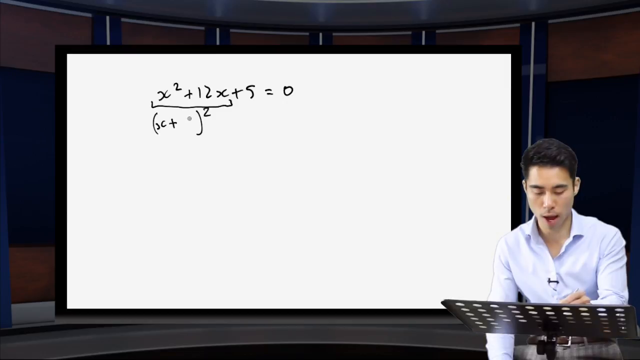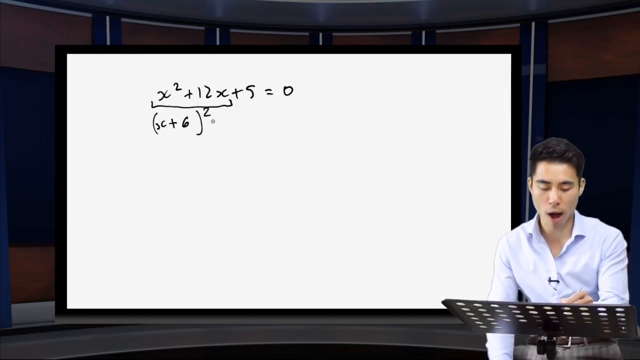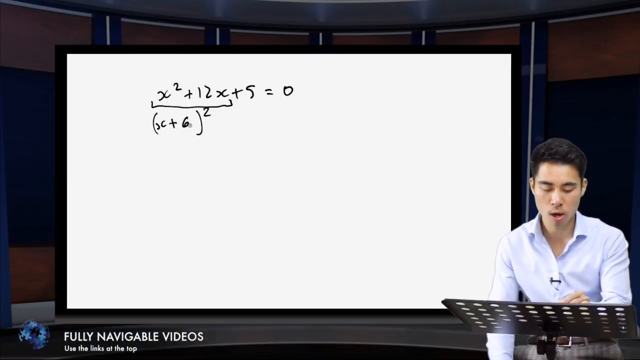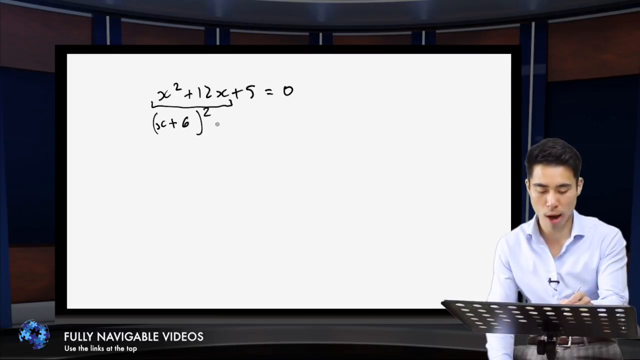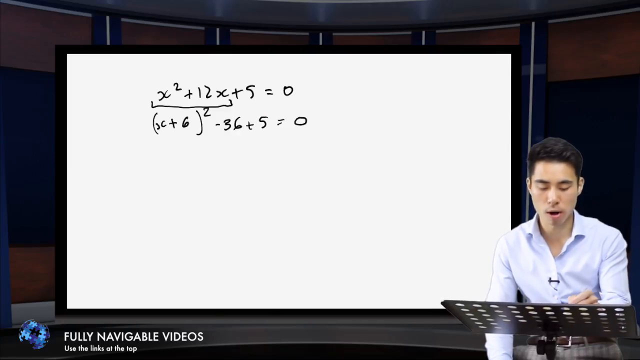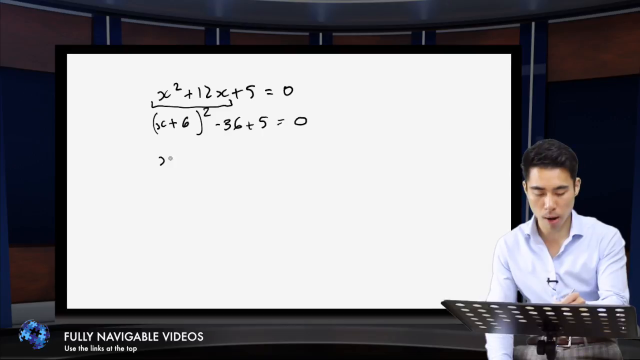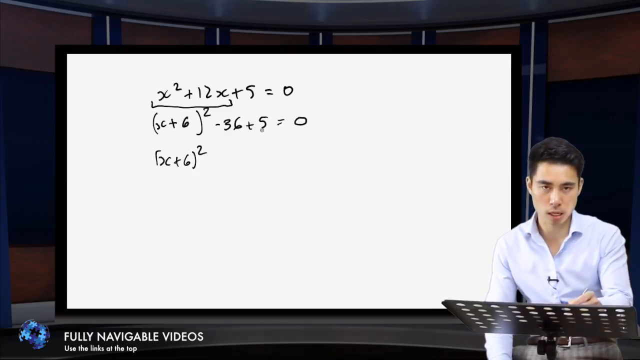It's got to be half of that coefficient on x, half of that 12, which is 6. Okay, what do I need to subtract to get me back to that original expression? Well, if you expand this set of brackets out, I have x squared plus 12x plus 36, so I have to subtract that 36. Okay, and then that plus 5 just stays as is, equal to 0. Now tidying that up, I have x plus 6 all squared and minus 36 plus 5, so